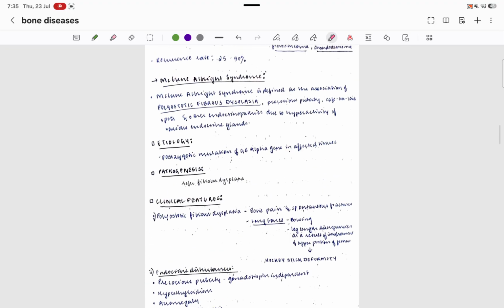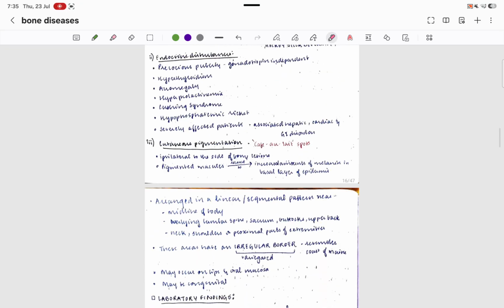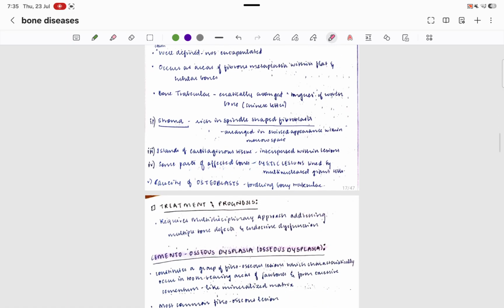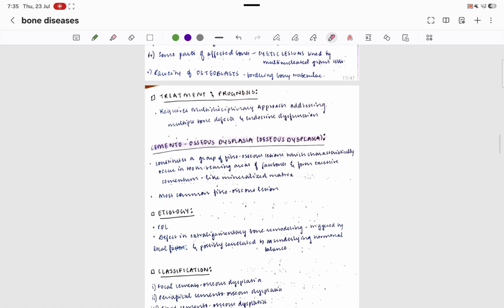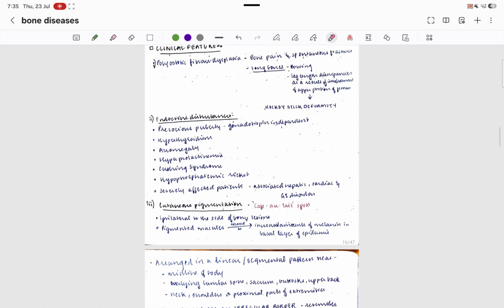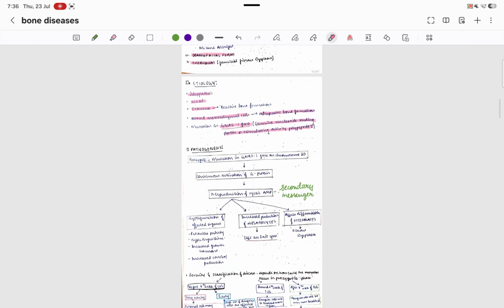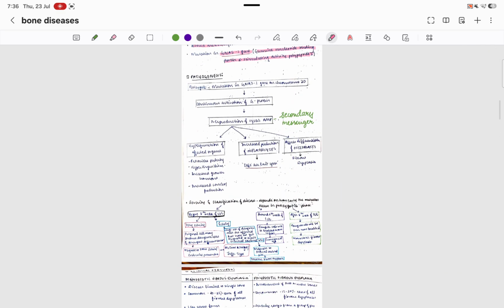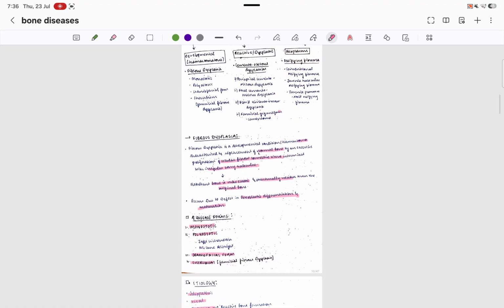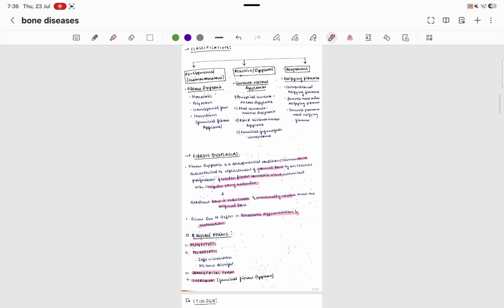Then there is McCune-Albright syndrome in detail, and yes, this much is there for fibrous dysplasia. Okay, well, I know this video wasn't great because it is not very in detail, so even then,